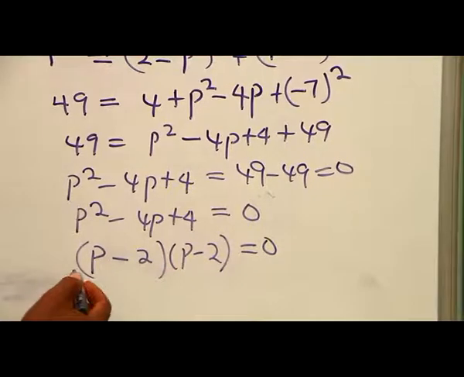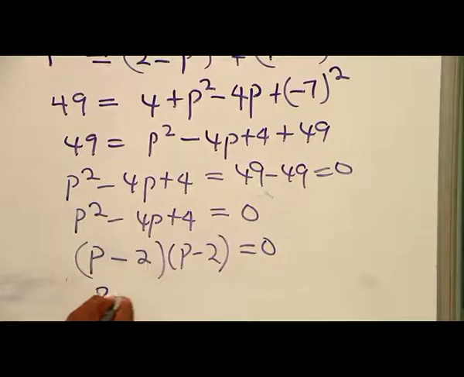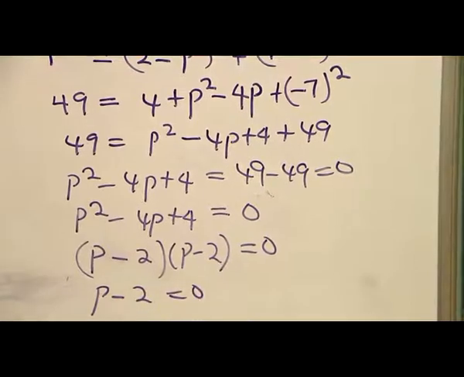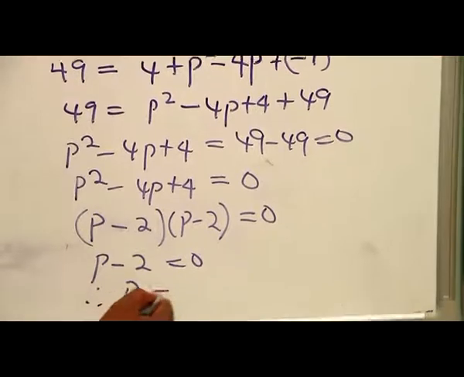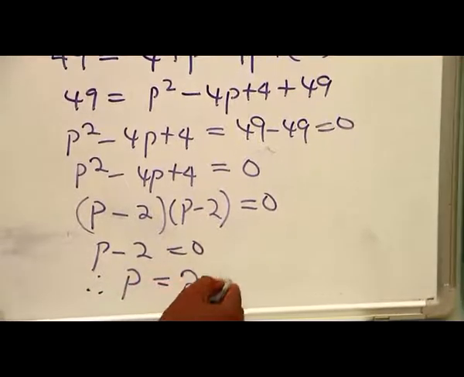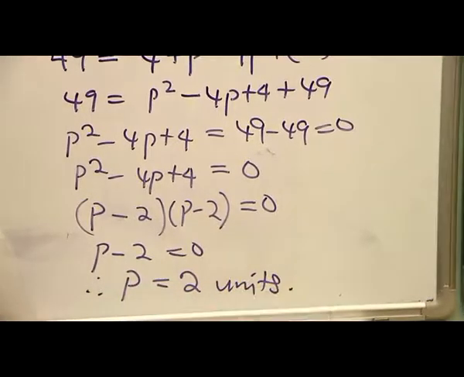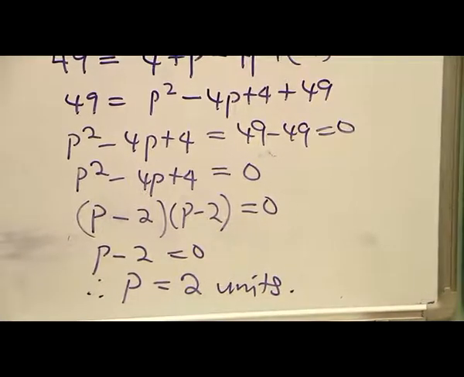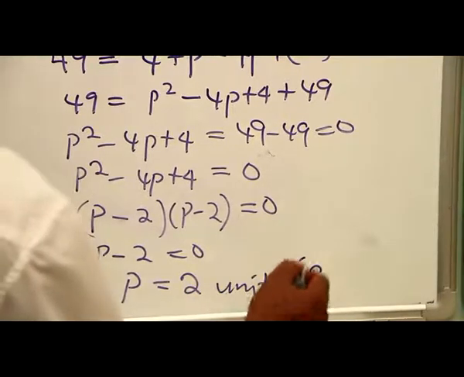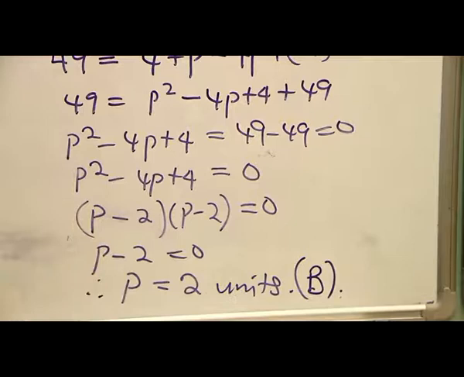So now, it therefore means that our P minus 2 is equal to 0 twice, but we're interested in just getting only one of it. Therefore, P is equal to 2, and that is the value we are asked to find. So the value of P is 2 units, and the option that has 2 units is option B. For some of us that may still find it difficult to carry out simple factorization, let me illustrate